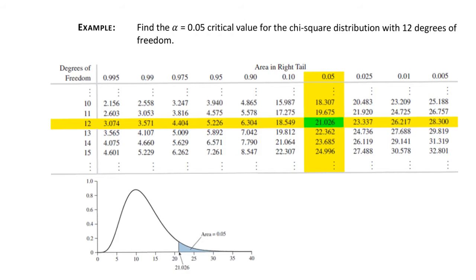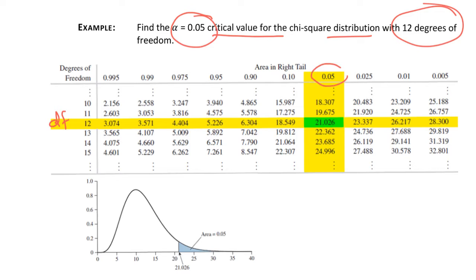Now find the critical value of the chi-square distribution. Alpha is given as 0.05 with 12 degrees of freedom. So in the row 12, that is the degrees of freedom, look at the column which has 0.05, and the critical value is found at the intersection of the row corresponding to 12 degrees of freedom and the column corresponding to 0.05. So that is 21.026. So the critical value is